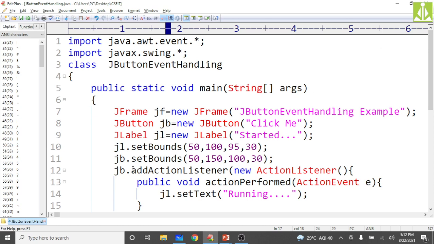So these types of event handling you can do. You can run your creativity, and you can do a lot of programming in this GUI. So this is something about swing components we have seen, adding the swing labels, adding the swing buttons, text fields also we have seen. Other components you can practice on your own, because we have a list of components over here.